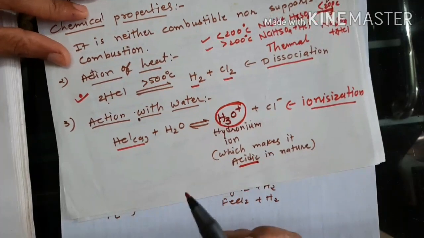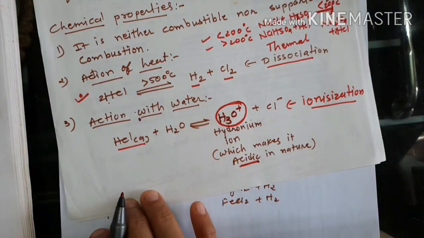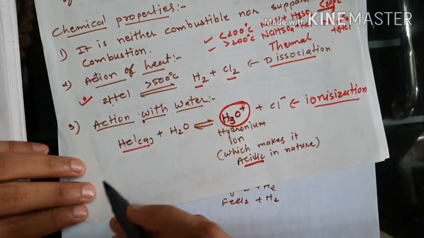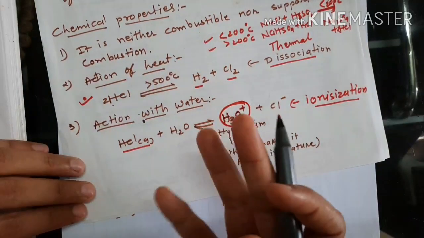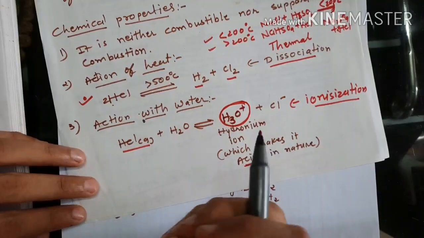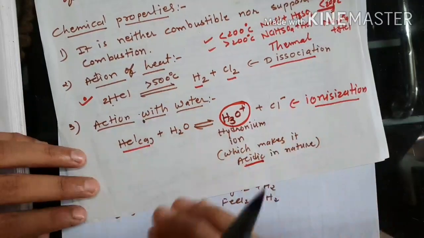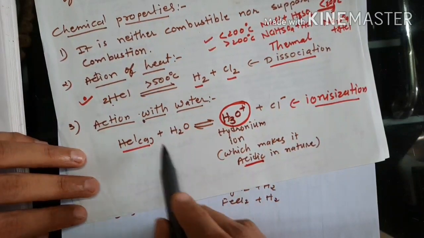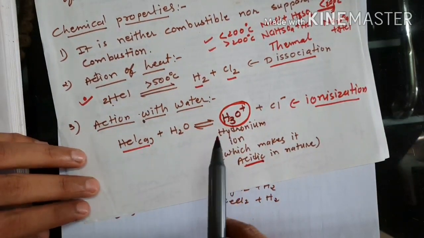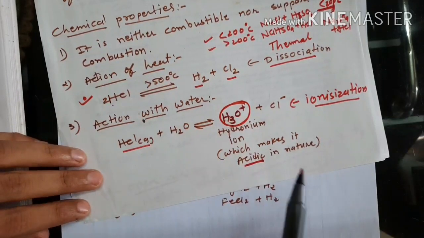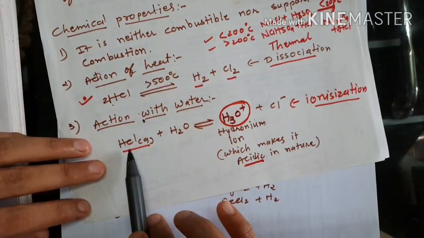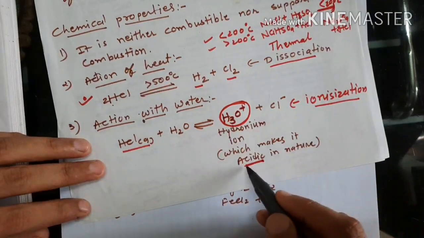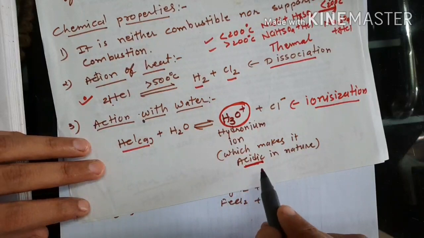The basic thing we know is that acid has a sour taste, and blue litmus paper converts into red, which proves that it is acid in nature. So that thing we know. Now here through the chemical reaction we can prove that HCl is acid in nature. Whenever the HCl reacts with the water, it converts into the hydronium ion, which proves that HCl is acidic in nature.